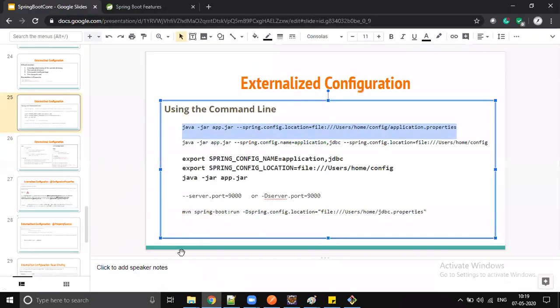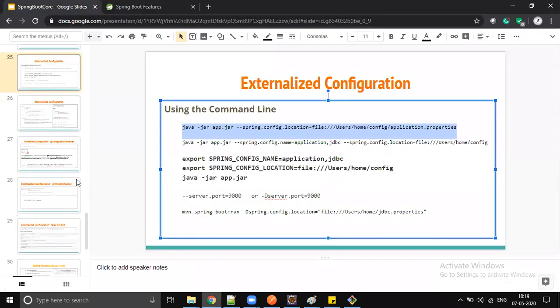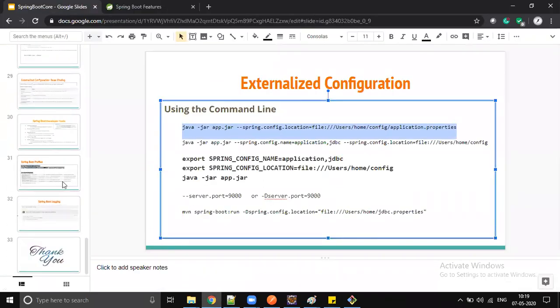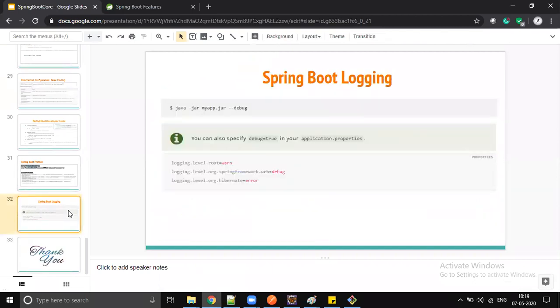Okay, so with this we are almost done with the profile configuration, and the next one is logging, right? How are you going to enable logging for your microservices? It won't take much time, like 15 to 20 minutes. With this we are done with the core concepts, only core concepts. These are going to be used in all the modules: MVC, JDBC, Data JPA, right? So in all the modules.